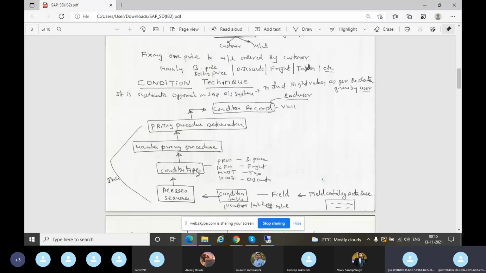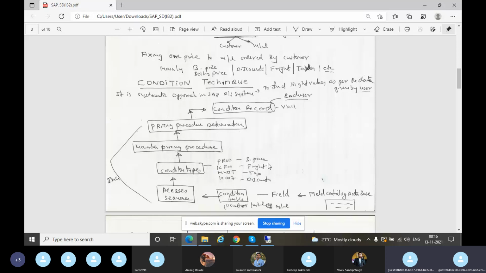In non-SAP it is base price; in SAP base price means PR00, discount means K007, freight means KF00, tax means MWST. See, all these four condition types should be there, then only it is a proper pricing customization. If these four, base price, freight, tax, discount, are there, then only it is a commercial invoice or a sales invoice.